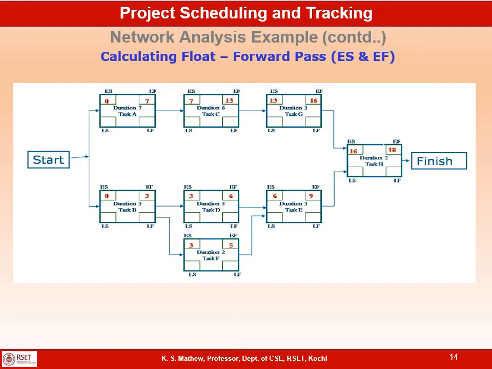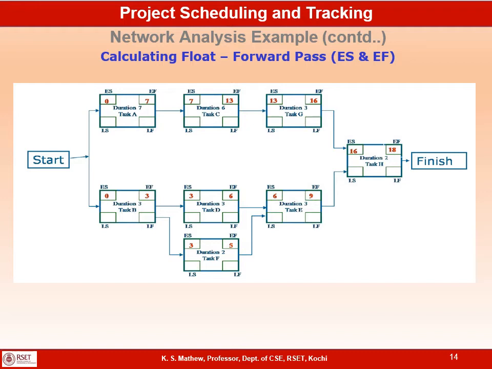Now let us look at task H. Task H depends on both task E and task G. So task H has to wait till task F and task G are complete. So the early start of task H will be the highest of the early finish of task F and task G,